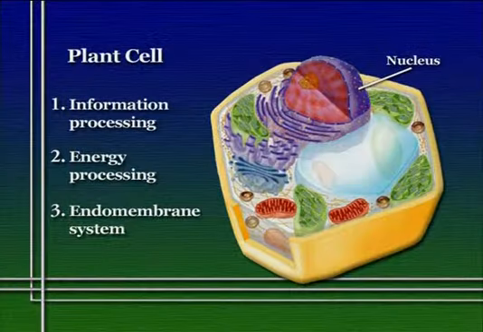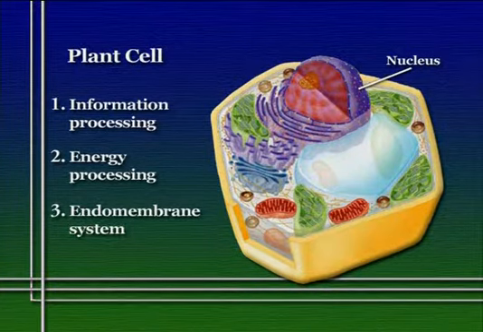Now, plants, like animals, are eukaryotic organisms, and so their cells actually have many more similarities with animal cells than they have differences. Like any typical eukaryotic cell, plant cells have a nucleus, they have an endomembrane system, and they have a variety of other membrane-bound organelles with specialized function. By and large, there are really only 3 major differences between plant and animal cells that we have to consider, but these are major differences.